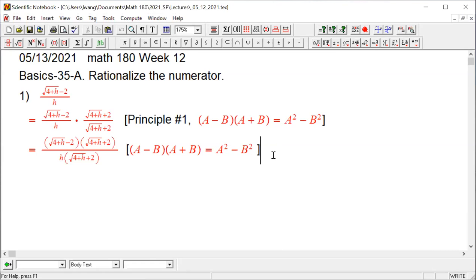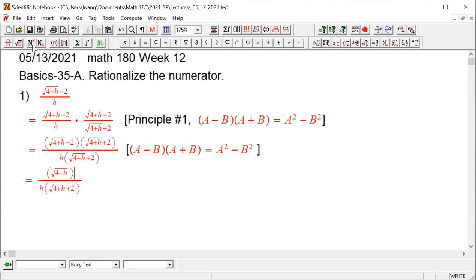This is a preview of your calculus class, okay? Now, equal, on the numerator, we can apply that formula, can't we? So the denominator stays the same. Don't change, don't multiply. Okay, just keep it that way, please. Don't multiply. The numerator, you're going to get 4 plus h